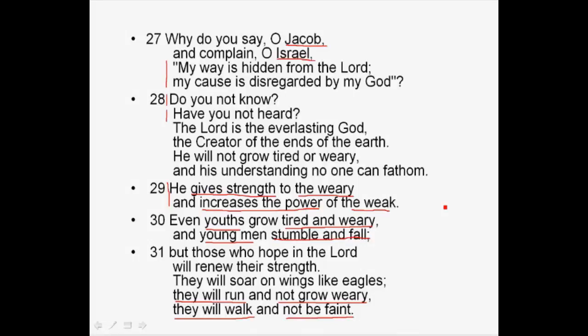Hebrew poetry is kind of interesting. First, it's kind of an interesting idea that you can have a different kind of poetry than English poetry. It does have a rhythm to it, and maybe you even heard me falling into that rhythm just reading through here. You start to get into the rhythm of the repetition of the ideas, just like you get into the rhythm of music or a poem that you're reading. There's a rhythm of ideas there that you kind of get into as you read it.